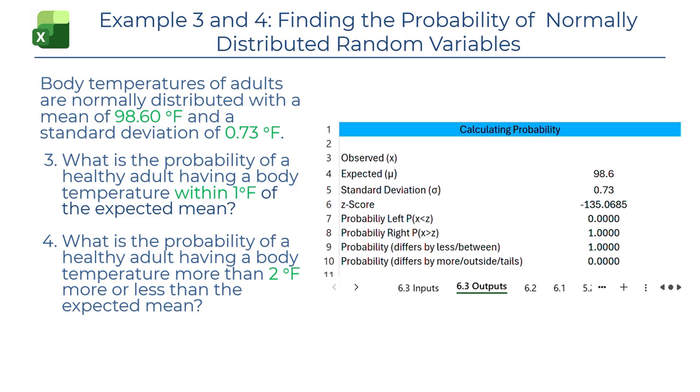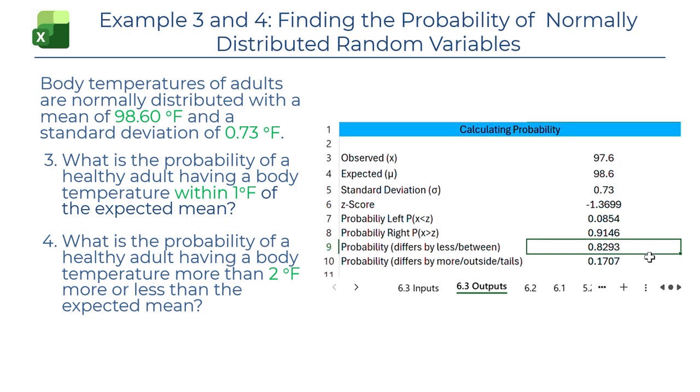0.9146. For examples 3 and 4, we're still using body temperatures with a mean of 98.6 degrees Fahrenheit and a standard deviation of 0.73 degrees Fahrenheit. For example 3, the probability of a healthy adult having a body temperature within 1 degree Fahrenheit of the expected mean. So notice it doesn't give us the actual number, but it says within 1 degree. And that means we're looking for a between value. When we do that, we're looking for the lesser z-score. So I'm going to take the expected mean and subtract 1, which gives me 97.6. That gives me a negative z-score. So the area between is